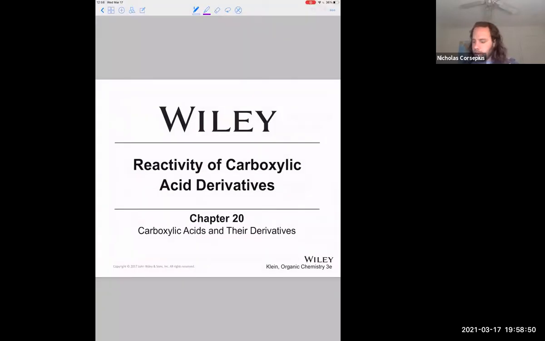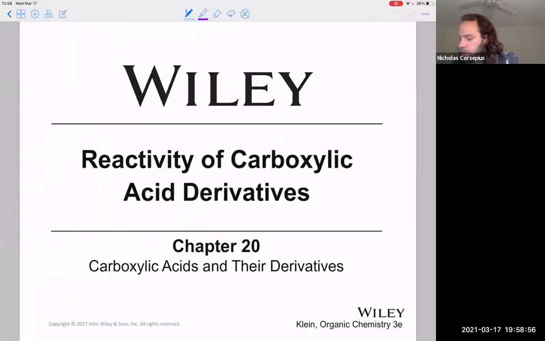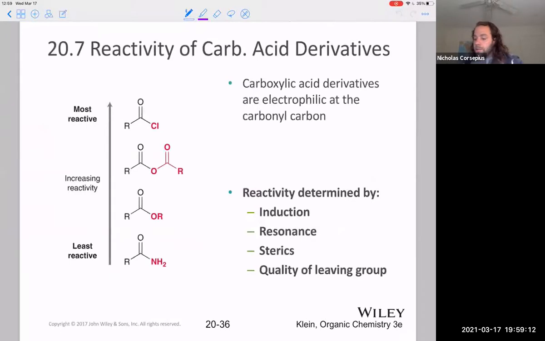All right, so let's continue on with our discussion of these carboxylic acid derivatives, and in particular, the reactions that we're going to see. This is going to be a lecture that's sort of a general overview of the type of reactions that we can expect. And then we'll talk specifics with each of those different derivatives. Okay, so first thing,